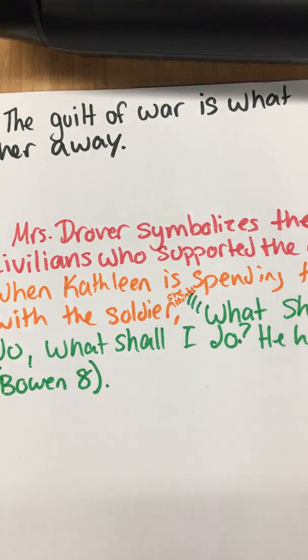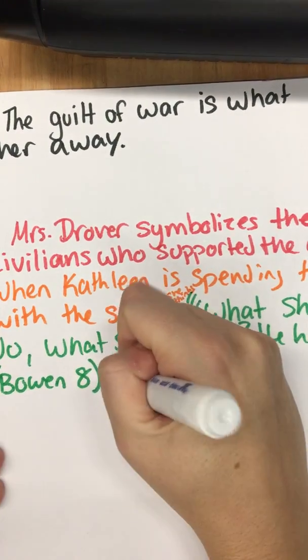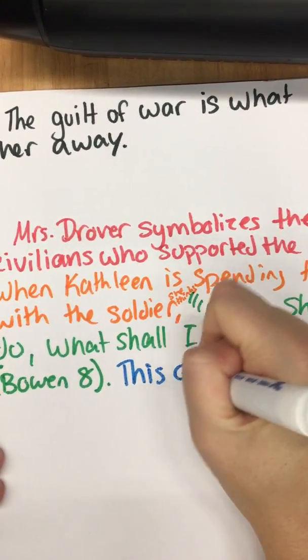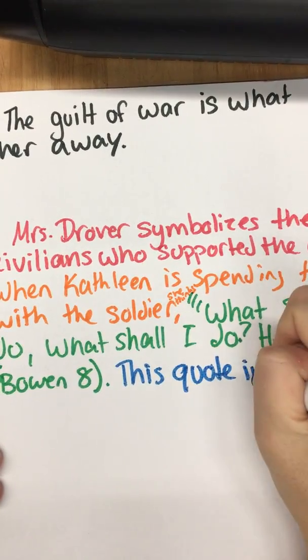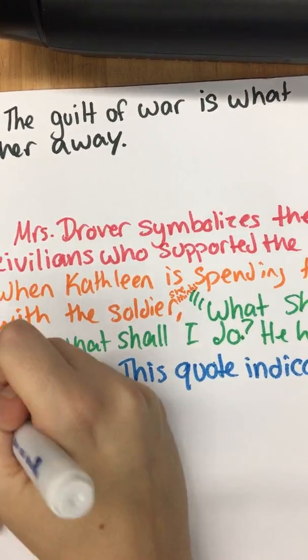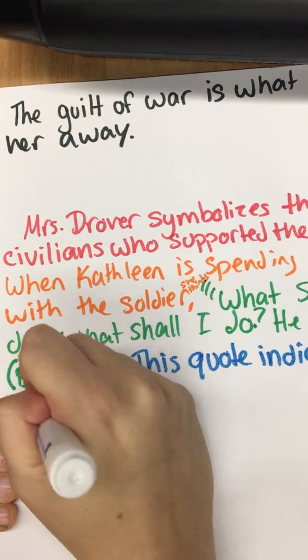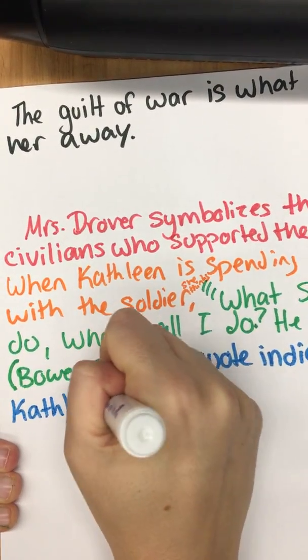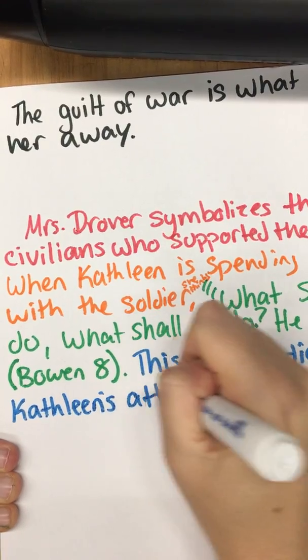So that takes us to our commentary. Now I have to explain this quote. Right now it doesn't make a lot of sense. What shall I do? What shall I do? He is gone. So I might say something like this quote indicates Kathleen's attitude